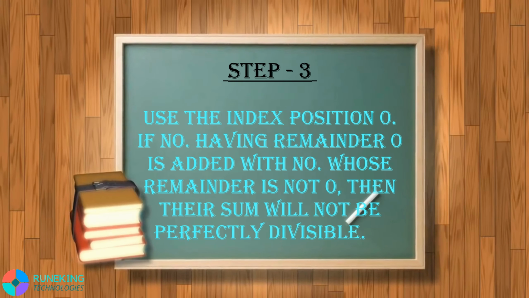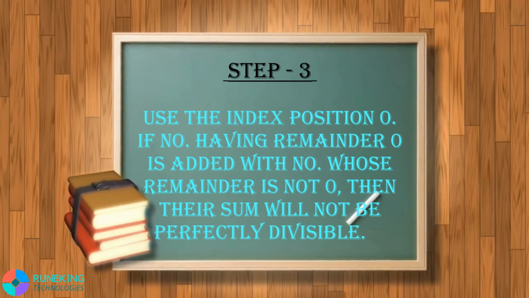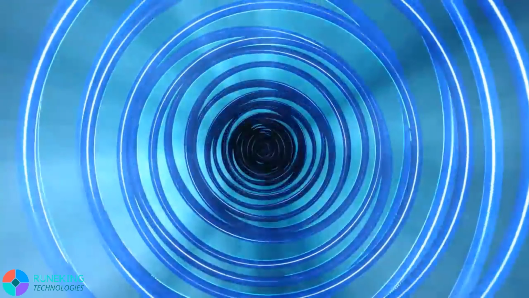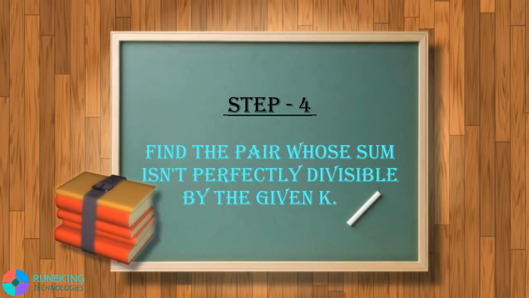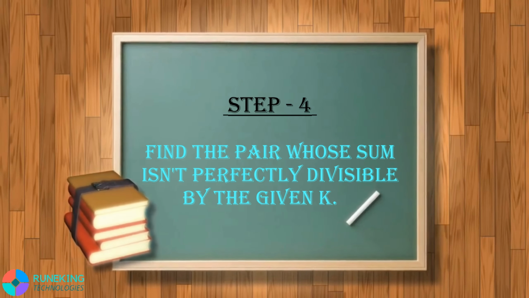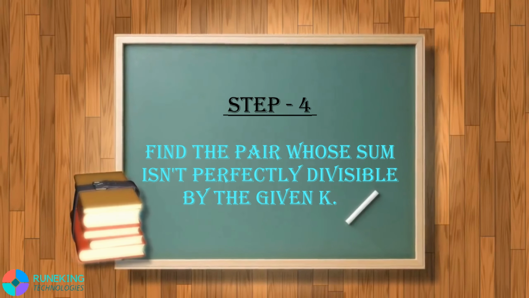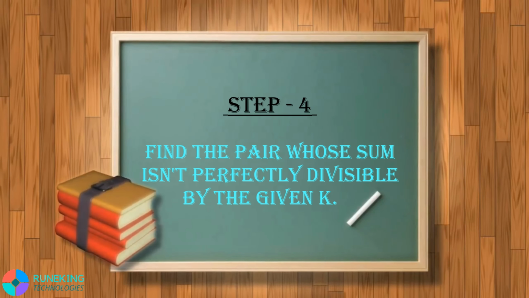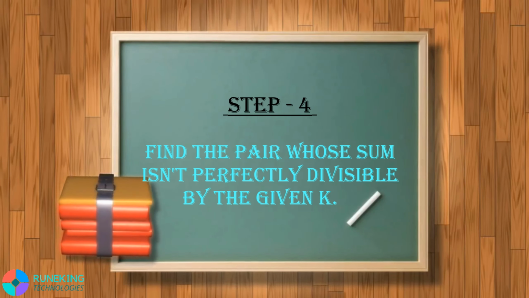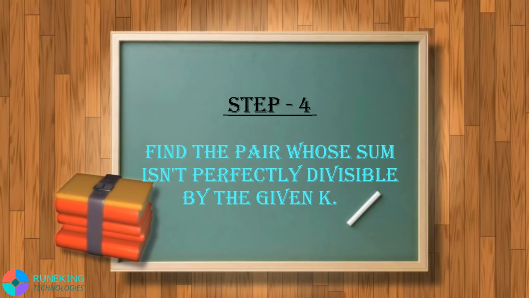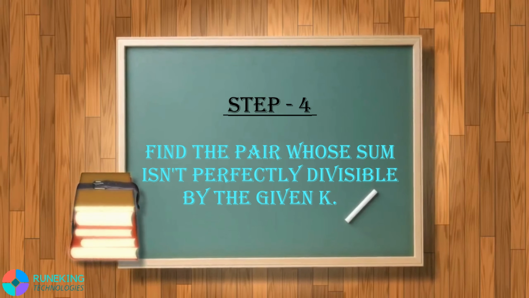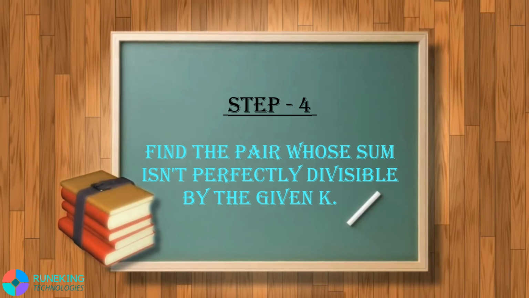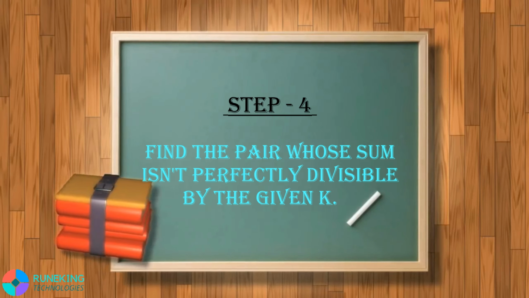Okay, that is step number 3. Now, at the last step, step number 4, we will find the pairs of remainder frequency list index positions whose sum is not equal to k, and after finding the pair we will compare those and get the final count which we need to print. If you are not understanding what I am saying, then wait and watch. When I am coding, I will explain what we have done, which step this is, and how it is working.